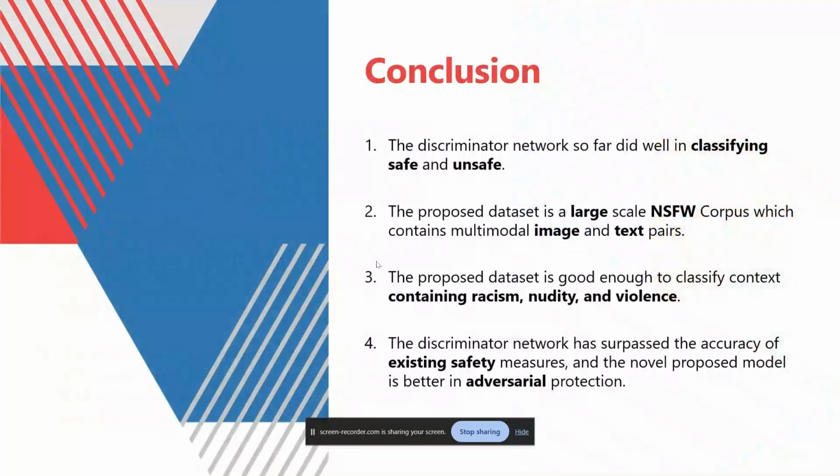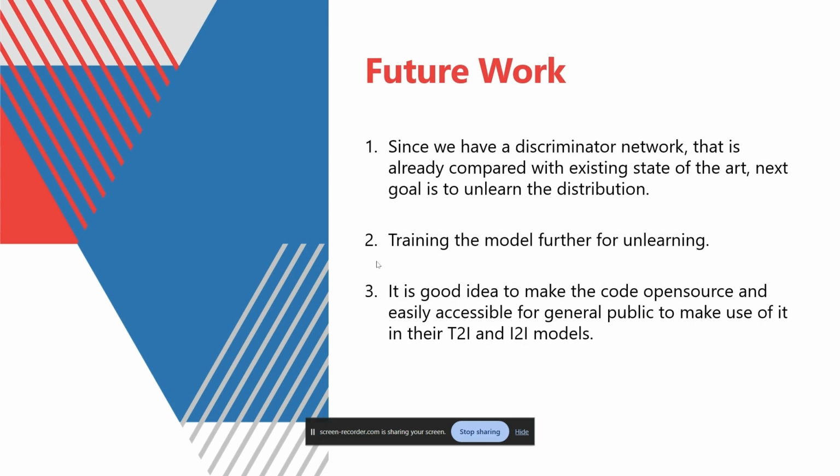Experiments, as we discussed earlier, and the conclusions say that we have successfully created a joint learning multimodal defense mechanism in this paper, and we have proposed a dataset that has many images and image and text pairs, and secondly the discriminator network can be used to unlearn. Future work would be to increase the unlearning capability, to devise a better method for unlearning. And since we have a discriminator network that is made online and you can use it,